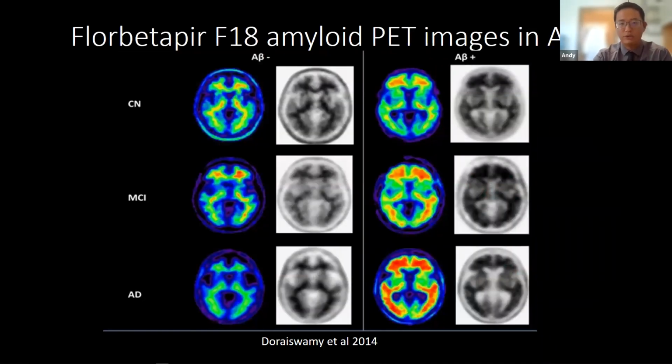So Dr. Doraiswamy, who's in the Department of Psychiatry, did this work that looked at A-beta amyloid PET scans in patients who were positive for A-beta. So you could see people who are negative, there's not a lot of uptake. And the uptake is really shown by increased red signal. And it's best seen here in the A-beta positive group. So the CN is just cognitively normal. There is some signal in the frontal lobes, but in the mild cognitive impairment, you can see that it's starting to go from the frontal and the parietal lobe regions. And people with AD, it's a much darker red signal.